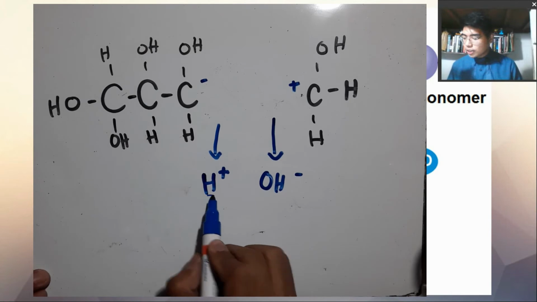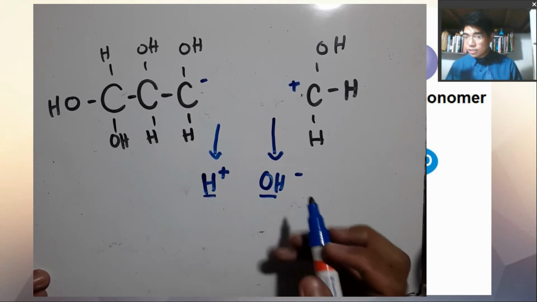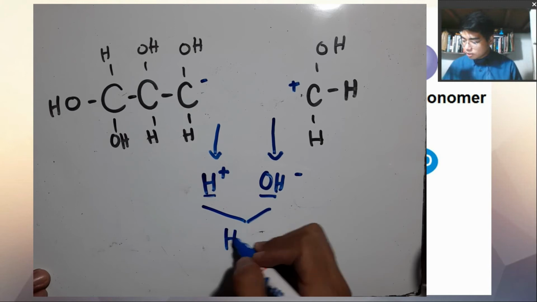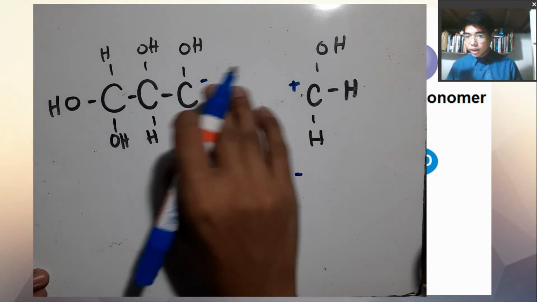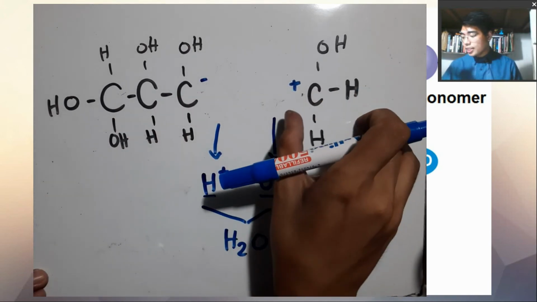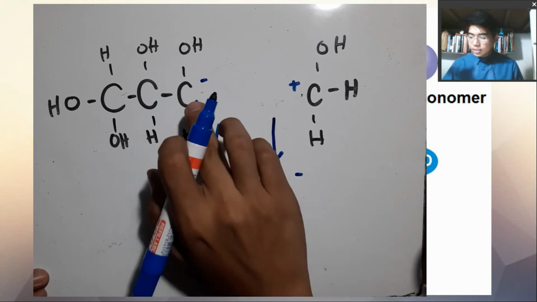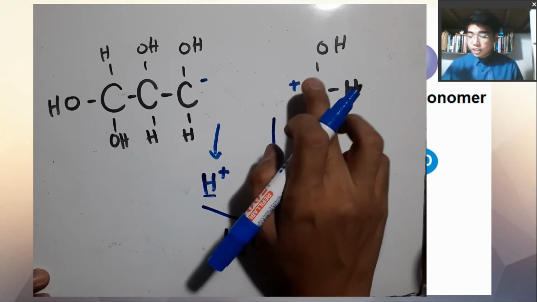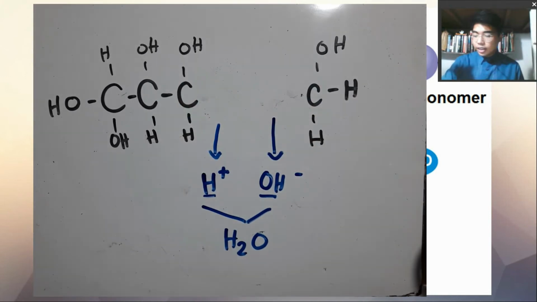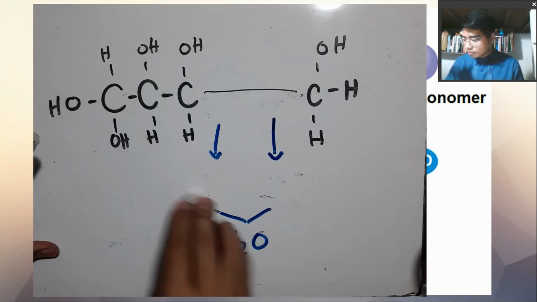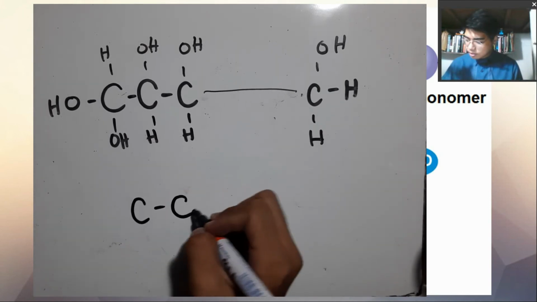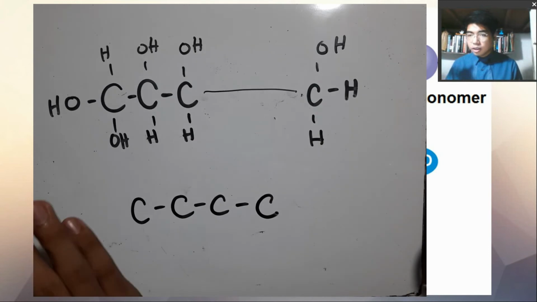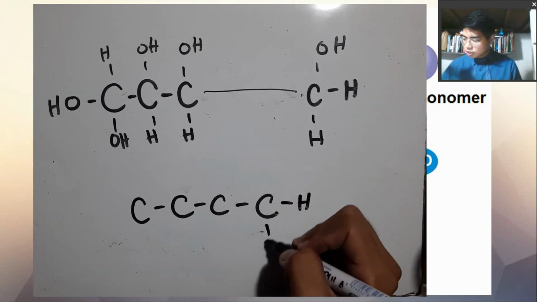Let's simply focus on the hydrogen ion and the hydroxide. When they combine, they will release now water. Then, in the case of our short polymer and unlinked monomer, since this is negative and this is positively charged, they will now attract each other and they will now create a bond between the two of them, creating a 4-carbon polymer, which is the product